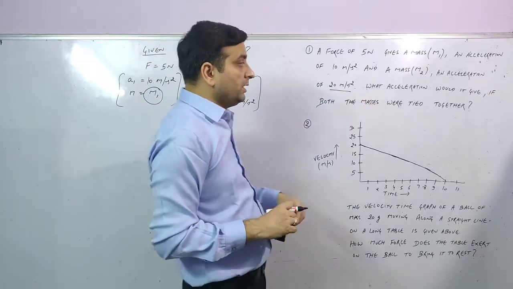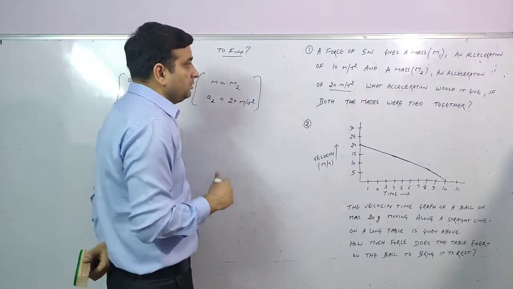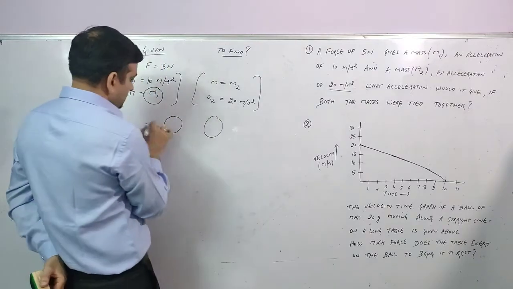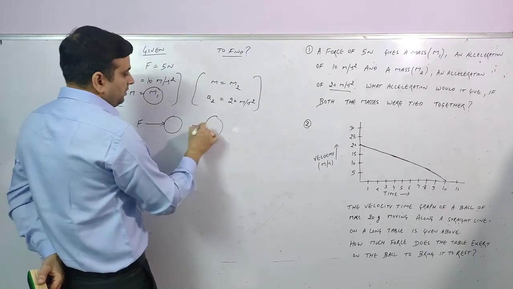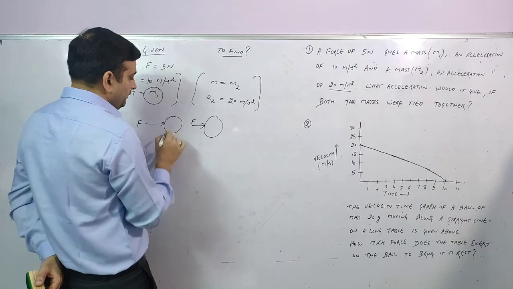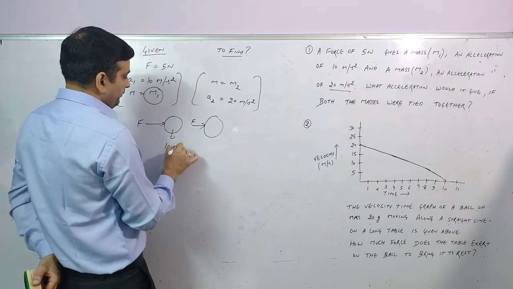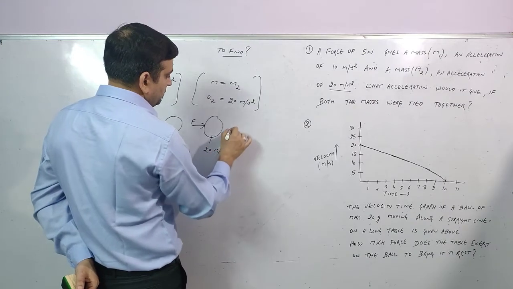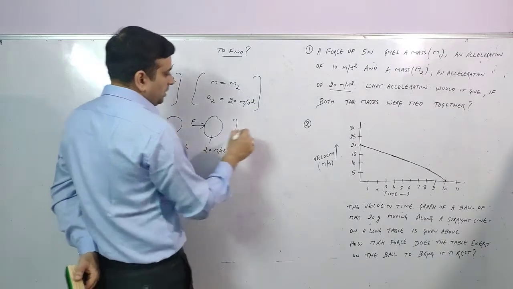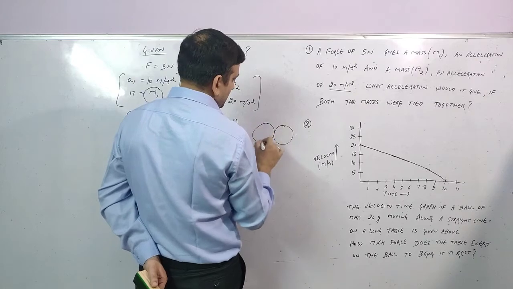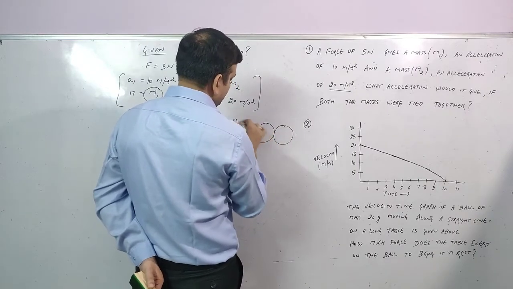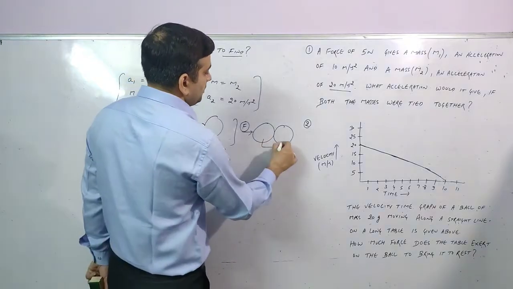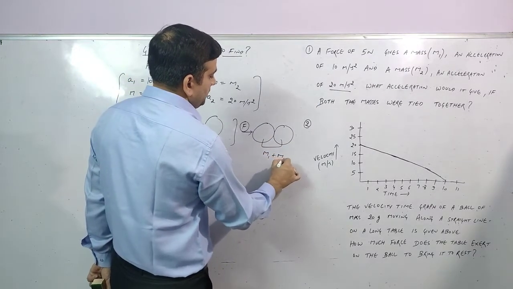So what acceleration would it give if both the masses are tied together? This is asking that there is one mass, and this is the second mass. On the first when we apply the 5 Newton, and on the second when we apply the 5 Newton, it achieves an acceleration of 10 meter per second square. The second one achieves the acceleration of 20 meter per second square. Now what they are saying: put both masses together. On both we are applying 5 Newton. So after tying together, total mass is m1 plus m2.